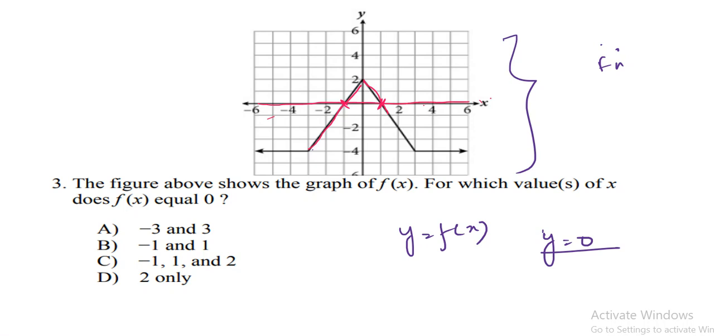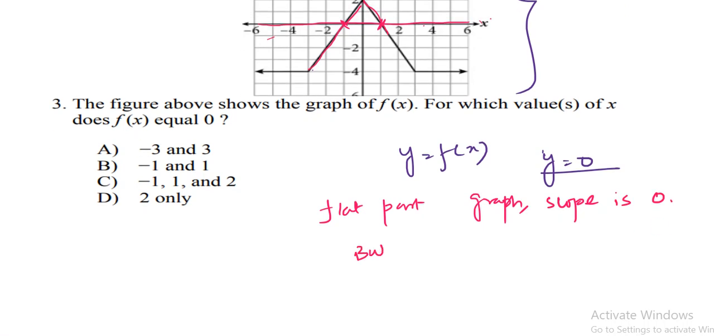Don't be tempted by the flat parts of the graph. They have a slope of 0, but the function itself does not equal 0. The function itself does not equal 0 there. Here it equals